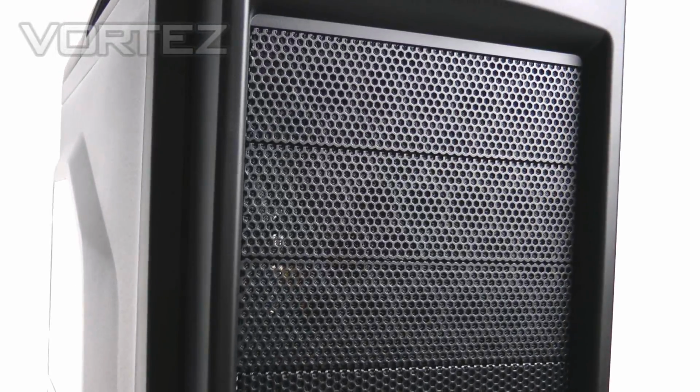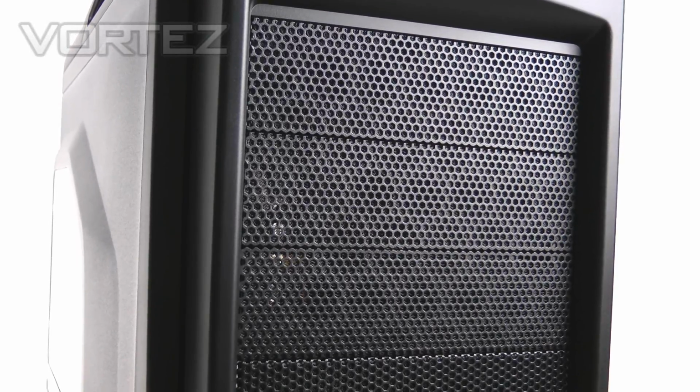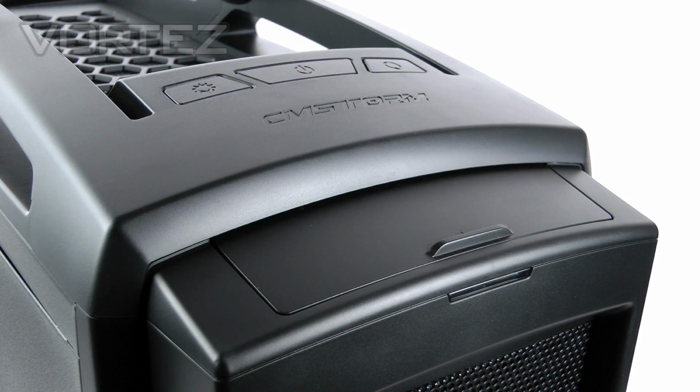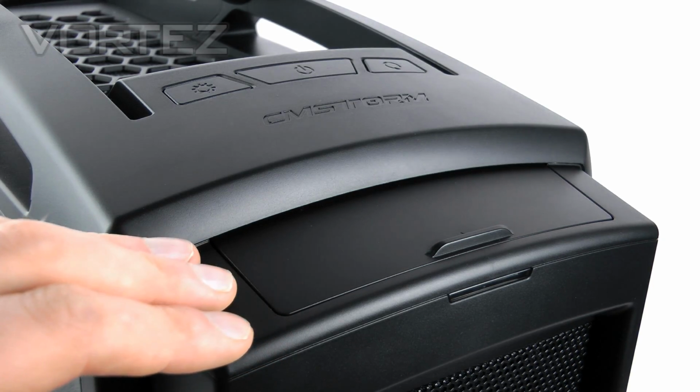Now above this we've got 3 5¼ bay covers, and those are removable from the inside of the case, and they follow that same sort of design with the perforated mesh. Now the front panel controls are found at the top of the case, and these are separated into two different sections. The first is at the front here with this cover, and that just helps to keep them concealed and